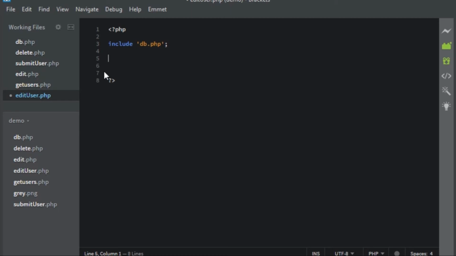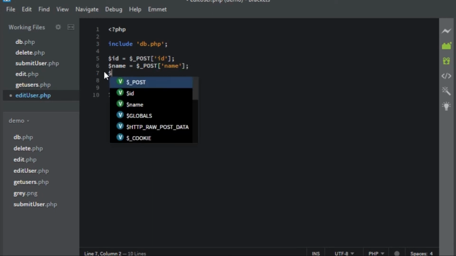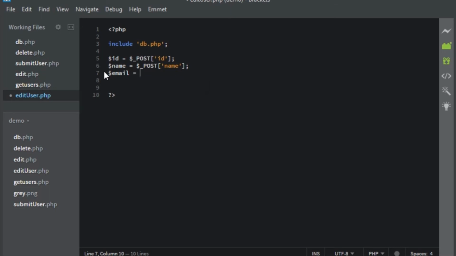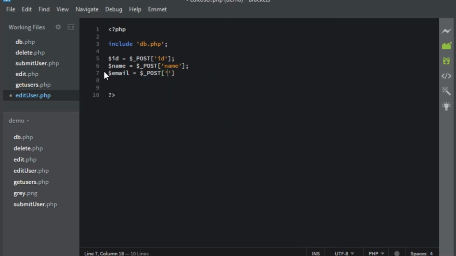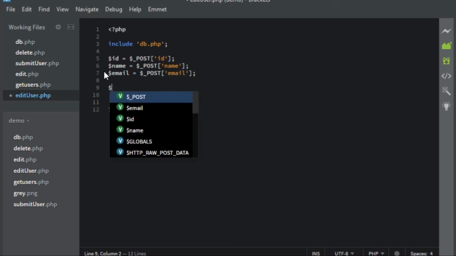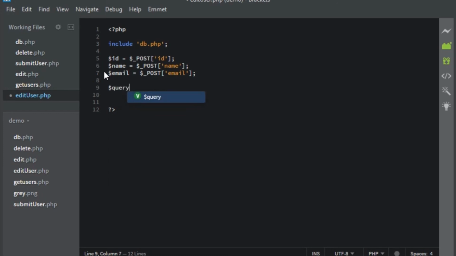We are getting 3 values in post, so one is id equals to $_POST id, second one is name equals to $_POST name, and the third is email equals to $_POST email, right? Now we have to write query equals to